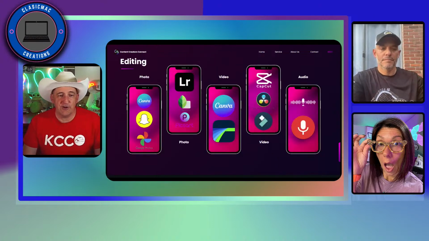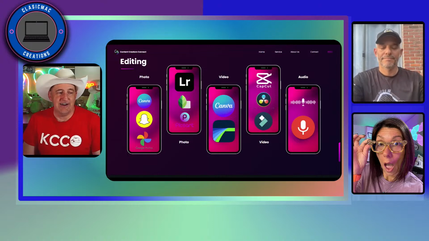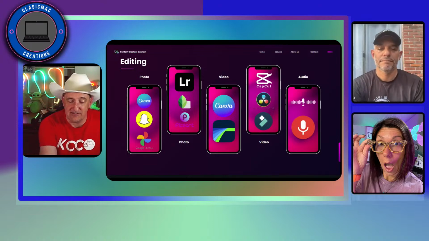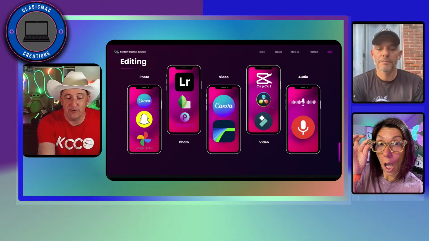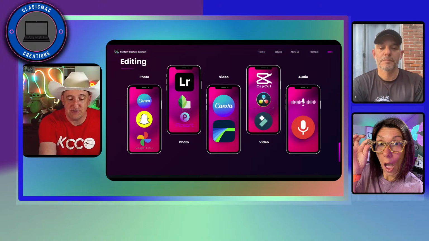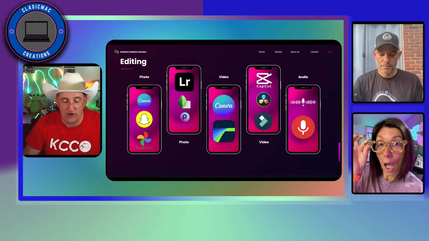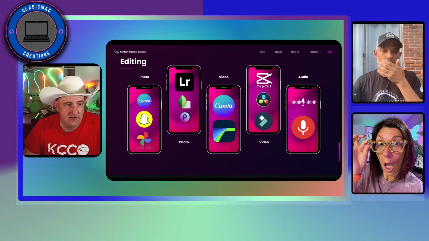So here is the fun part, editing. Tons of different apps out there. Exactly what Manny was saying, one of our go-to ones here at C3 is the Canva app. And I'm just going to pull mine up here so I can share what it actually looks like.